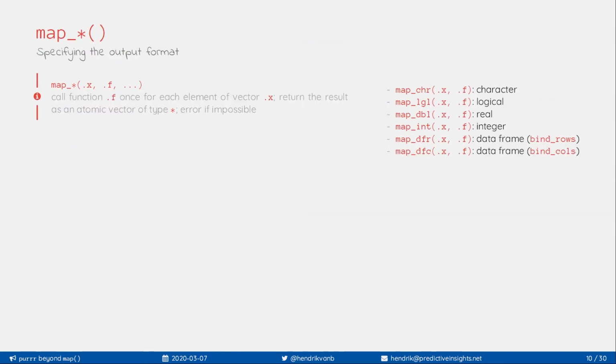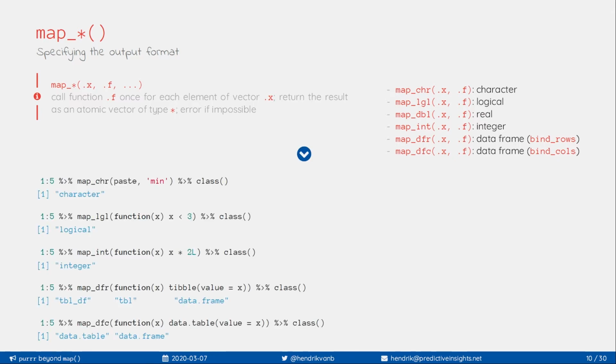If you add a suffix after an underscore to this, you can actually coerce the list that it produces into an atomic vector. If that's a character vector, numeric vector, whatever it might be. So here I've got exactly the same code that I showed in the previous line, but each time the resultant list is just being coerced to a type. Of course, if you can't coerce those elements to that type, it's going to error out, right? You can't expect it to produce a data table or a data frame if you've passed it a vector of characters.